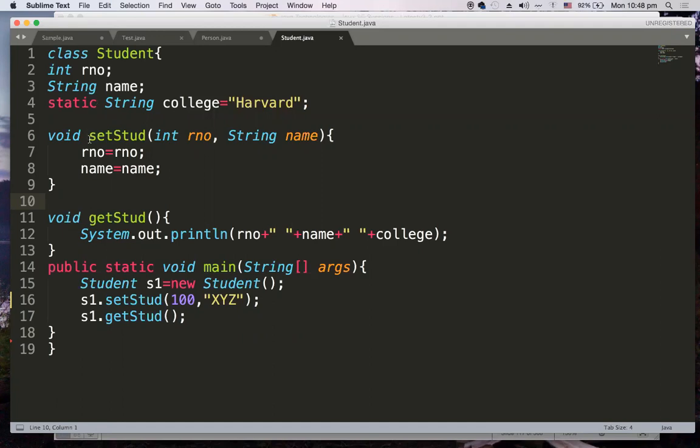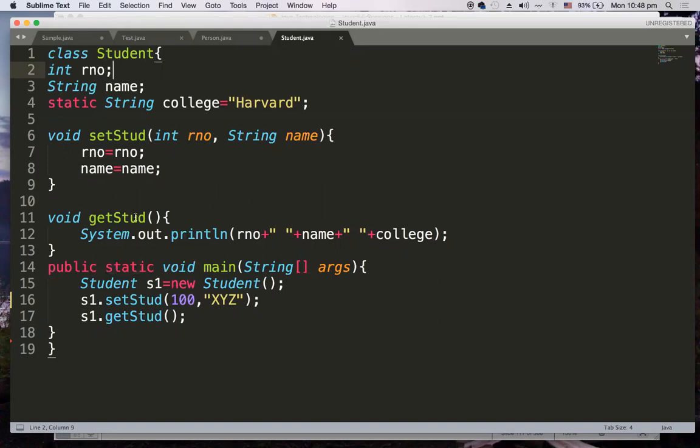Then I have a setter method and a getter method. Usually a setter method allows us to set the values. Here there are two values, roll number and name, so we are assigning roll number and name with the local variables roll number and name. Now I have a getter method, where I am displaying all the information of the student, that is roll number, name and college.